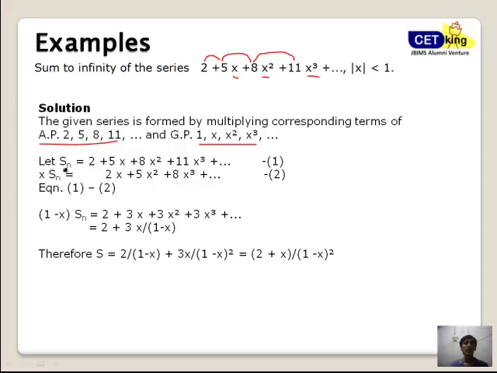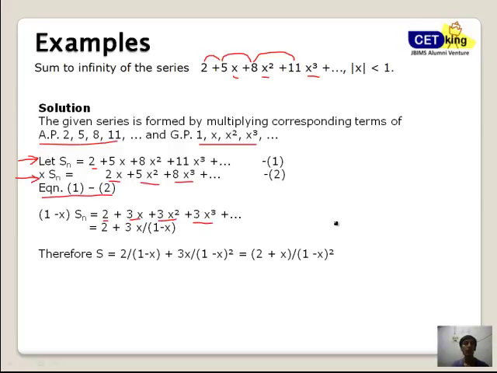Now we will multiply this equation 1 by the common ratio, which is x. Alright, this is an important step here, that we must always multiply the sum by its common ratio, which is in this case x. So we get x times Sn is equal to 2x plus 5x square plus 8x cube and so on. Now we will subtract equation 2 from equation 1. So we get 1 minus x times Sn is equal to 2. Alright, 5x minus 2x would be 3x, 8x square minus 5x square would be 3x square, 3x cube